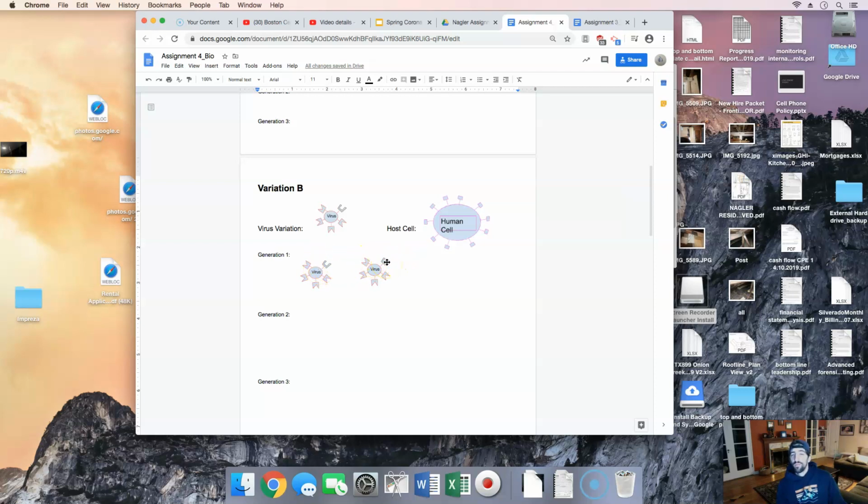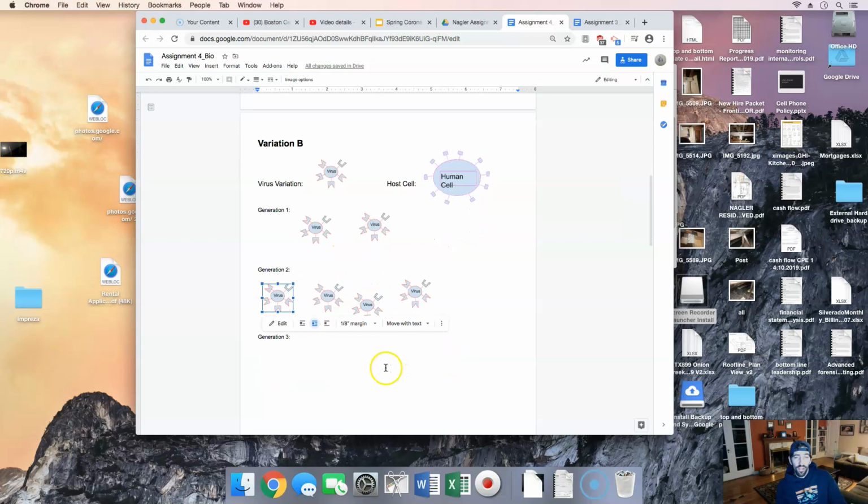So that means I've got a total of 2 matching proteins, and each of those is going to be able to make 2 copies. So 2 times 2 is 4. My next generation is going to have 4. So I'm going to copy that, put it here, 1, and then click over here, 2, click over here, 3, click over here, 4. And now I've gone from 1 virus here in the parent generation to 2, and now